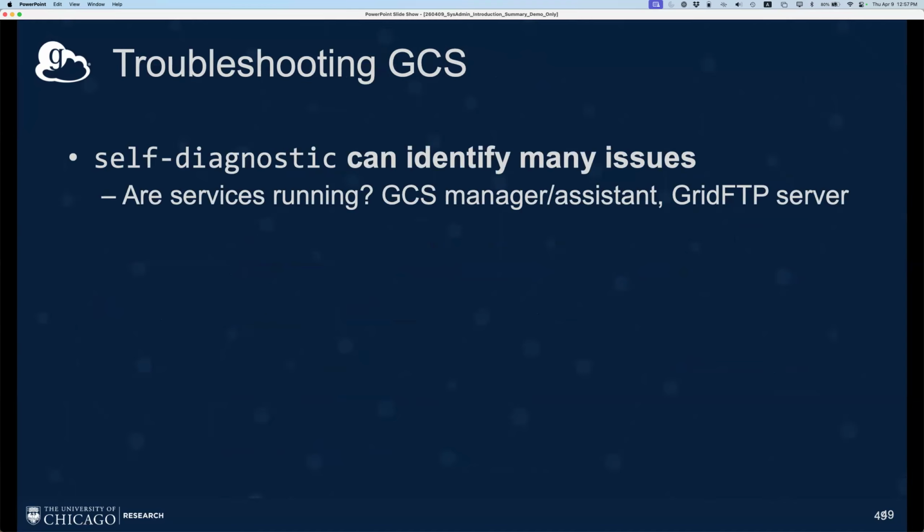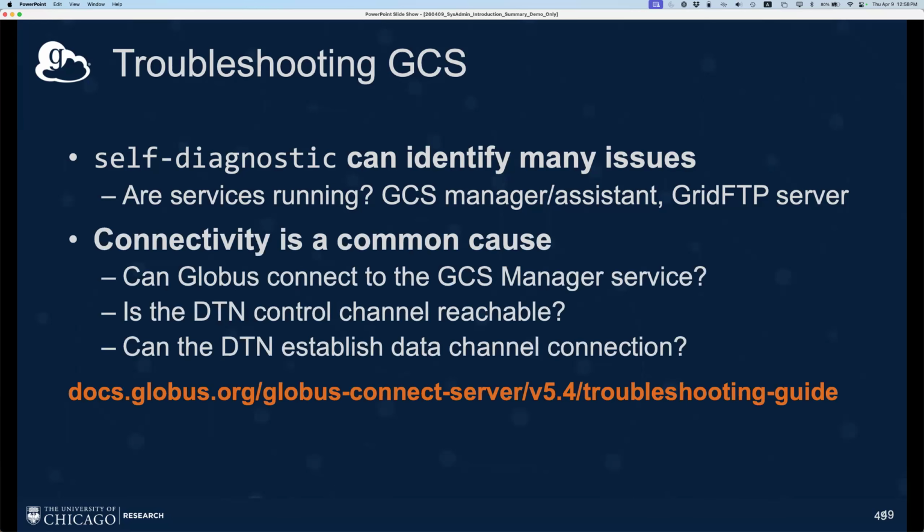Our support is amazing. The first thing they're probably going to ask you to do is to run the Globus Connect Server self-diagnostic command. That gives you and them a bunch of information about the different services that are running on your endpoint, what their state is, and potentially if there are any errors. So that will sort of start pointing the way to where the root cause is. And in many cases, the root cause is